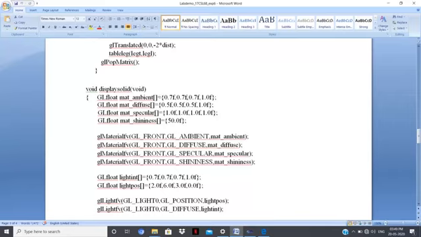0.7f and 0.7f floating point, 0.7f, these are for the x, y, z. It means these are the values for, say, the RGBA pattern: red, green, blue, and one is the alpha value, that is 1.0, which we use for opaque or transparency. In a similar way we use it for diffuse and for specular.